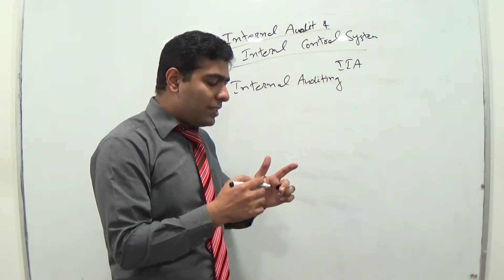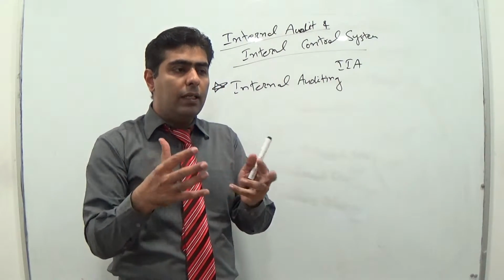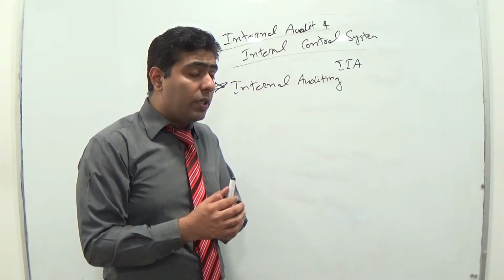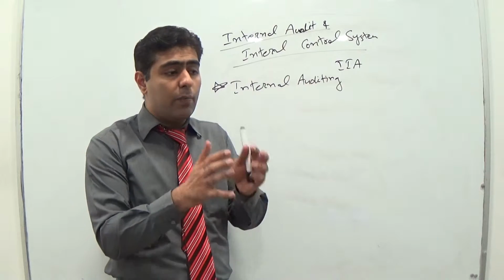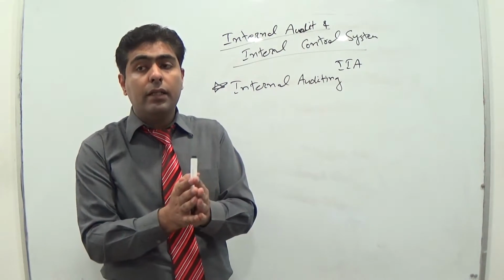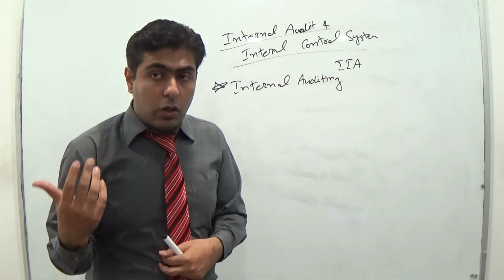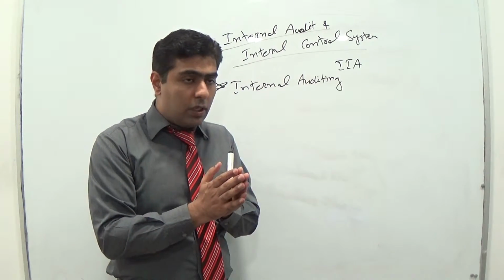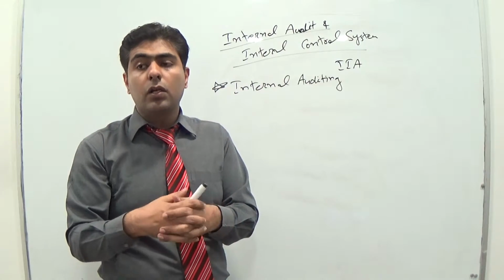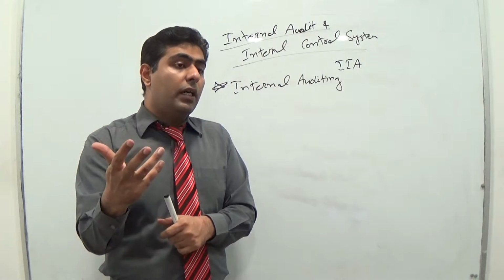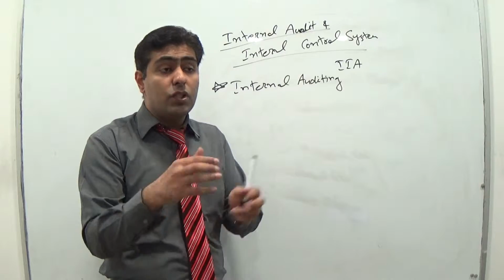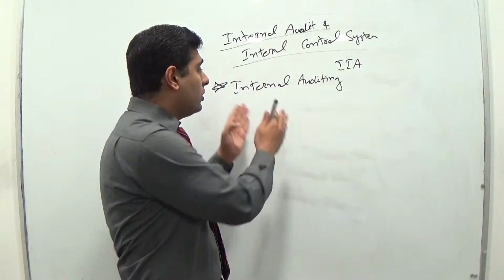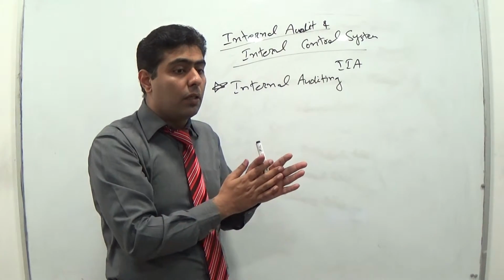So what is the link of internal auditing in our CMA Part 1? When we talk about management accounting, it is very important that the management accountant has a clear idea about the role of the internal auditor and the system of internal control as well, because without a full understanding of internal auditing and internal control systems, it will be extremely difficult for management accountants, who are part of the senior management, to apply internal control systems. So here we are going to discuss internal auditing.